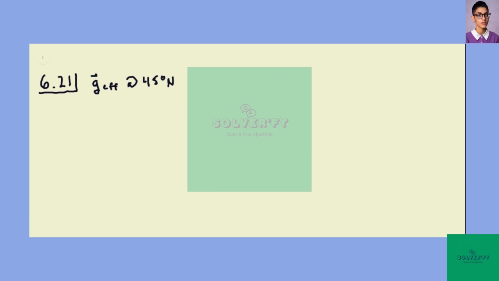6.21, excuse me. So we want to determine the magnitude and direction of the effective acceleration due to gravity at a latitude of 45 degrees north on the Earth, which is a rotating, in this case we assume it's a sphere. It's not quite spherical, but... So to understand what this is even asking us,